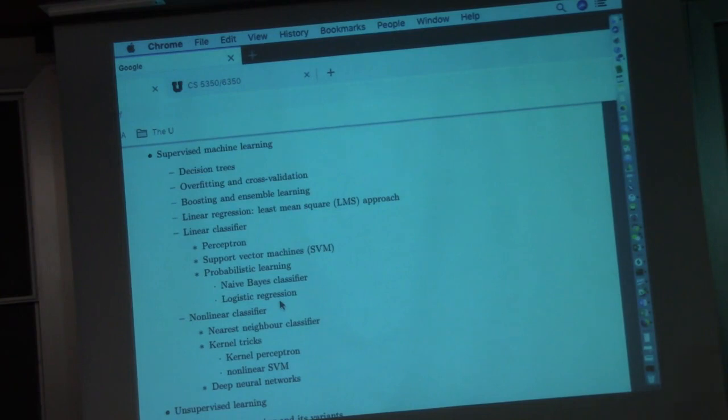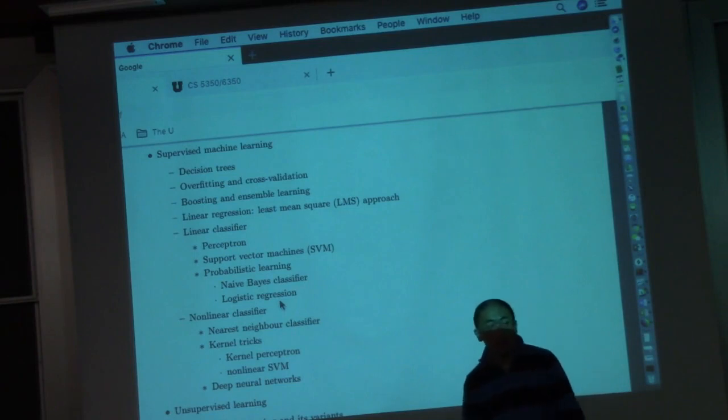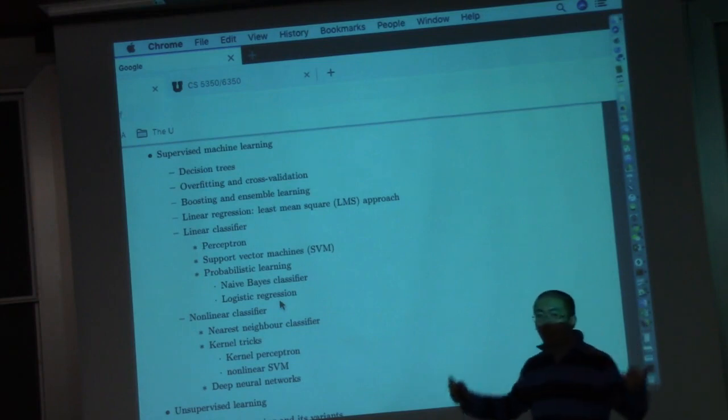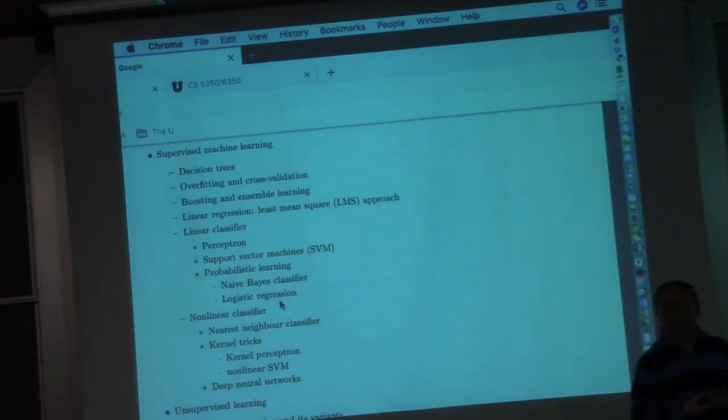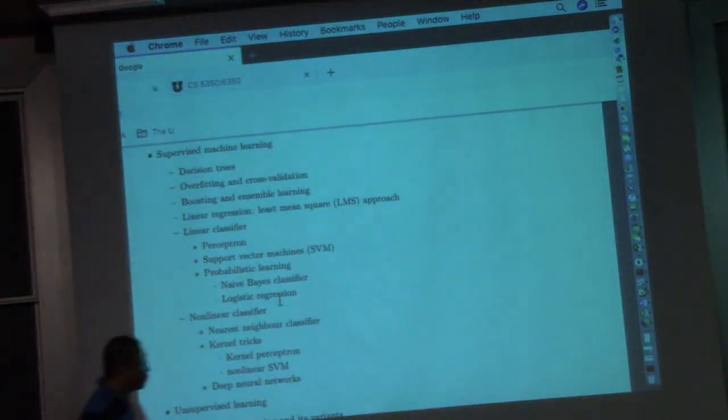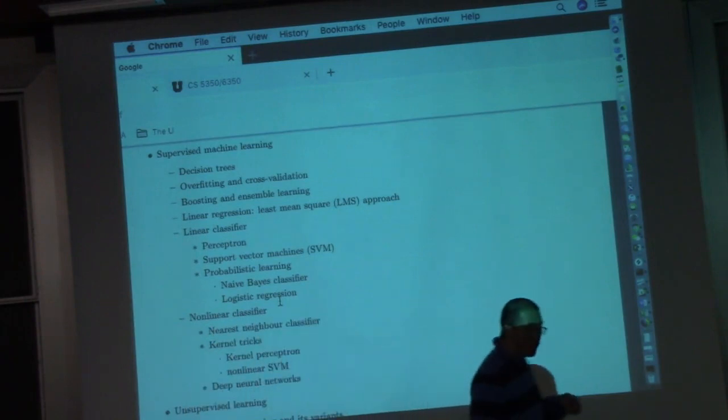Decision trees have very good interpretability, but their performance is not that good in practice. So there comes an enhancing technology called boosting ensemble. Basically, how can we combine a set of weak learners, such as very short, very simple decision trees, together to dramatically improve their performance? That's the idea of boosting. And it turns out this strategy works really well.